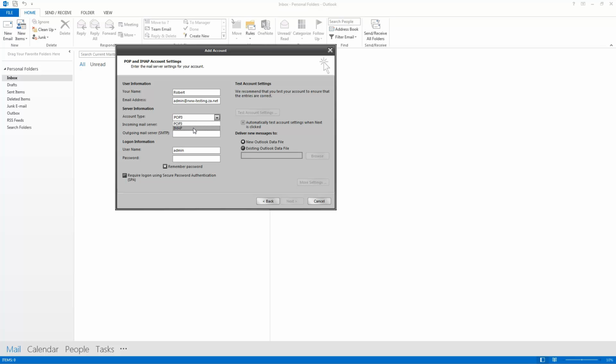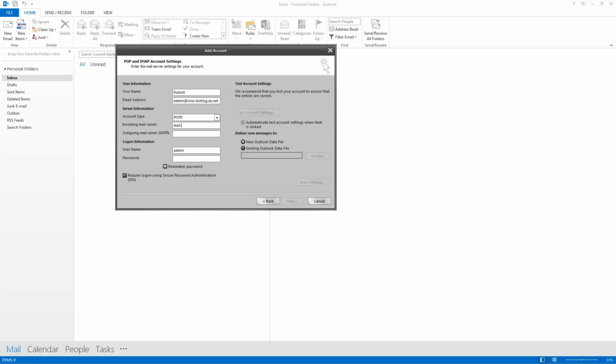So you'll need to be connected to the internet all the time to view and read your emails. Now the drawback about IMAP is that it fills up the space on the server because it never removes the emails from the server, so your mailbox gets filled up fairly quickly, or as quickly as you receive emails. So I'm going to select POP3 here, and then my incoming mail server,